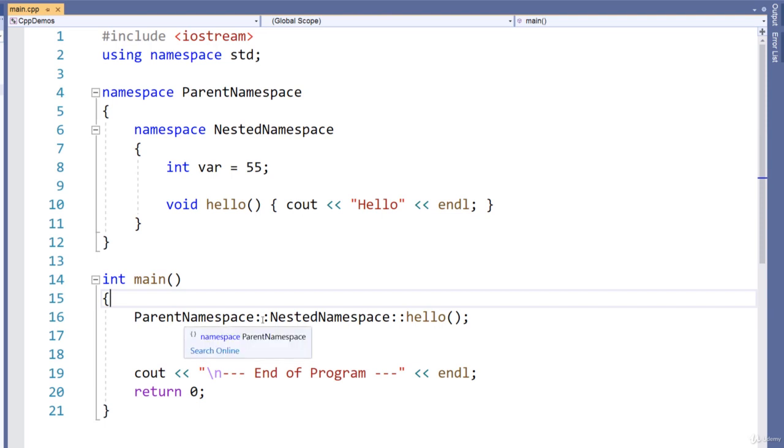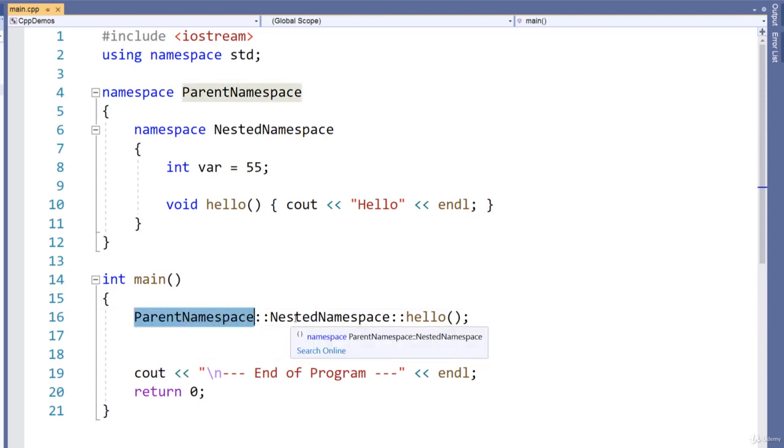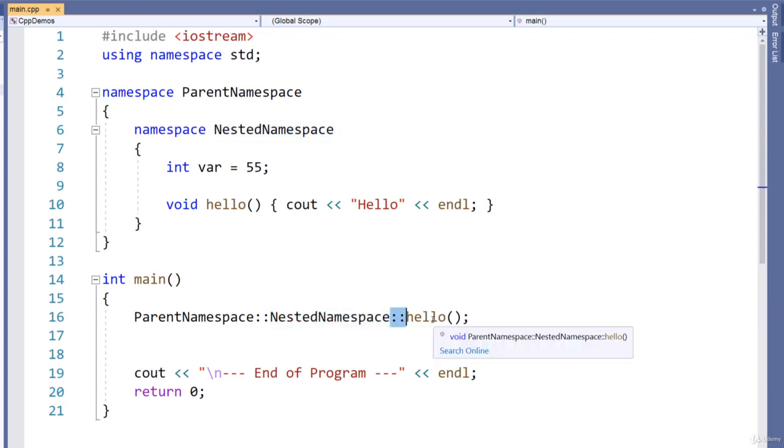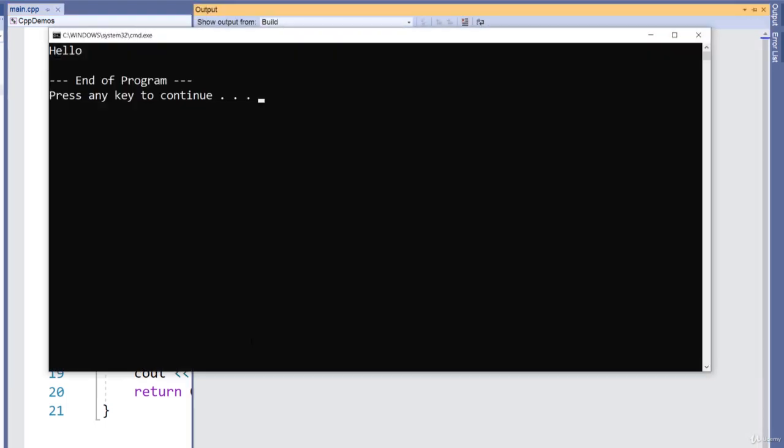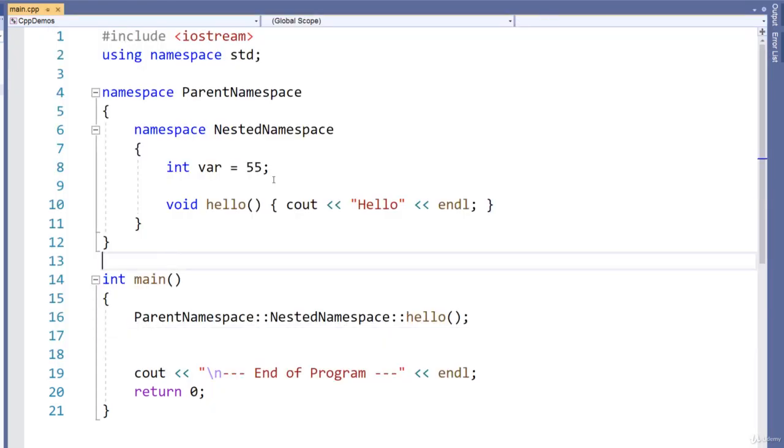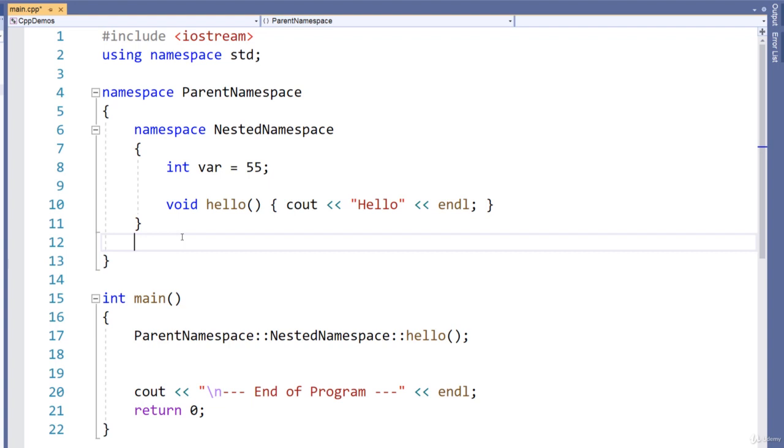In main I now have to qualify the name, so I do parent namespace, scope resolution operator, nested namespace, scope resolution operator, and then hello. Build and run that and that'll print out hello. Now a few things to note here is that the parent namespace does not have access to the nested namespace's members. So for example, if I want to do a function in the parent namespace,